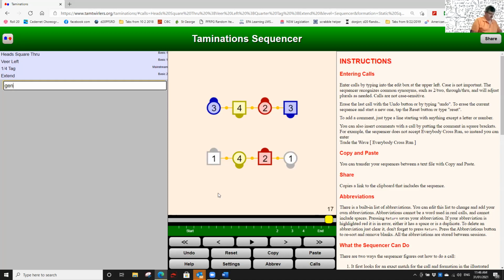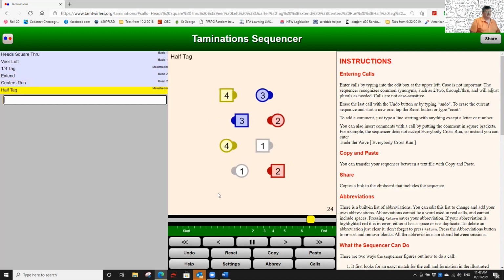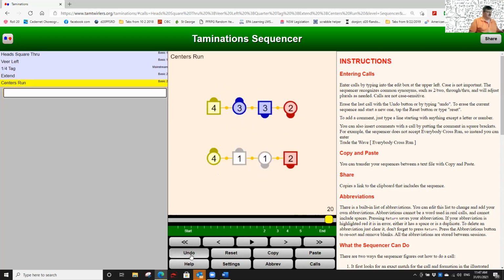Let me restate this because I'm trying to draw out all the formations on cards. Did you understand the 1/4 tag? It's a wave with 2 facing couples. So here's a half tag. If I do a half tag, I end up with 2 parallel ocean waves. You see that? And if I do a 3/4 tag,